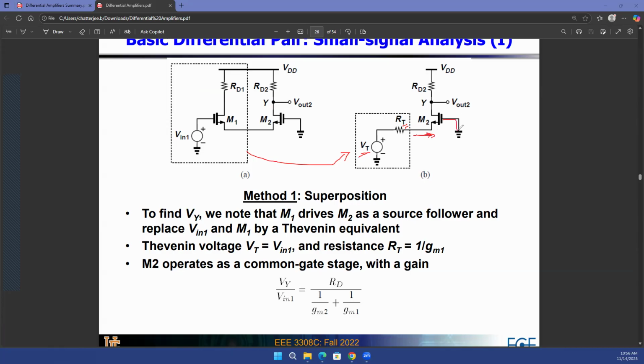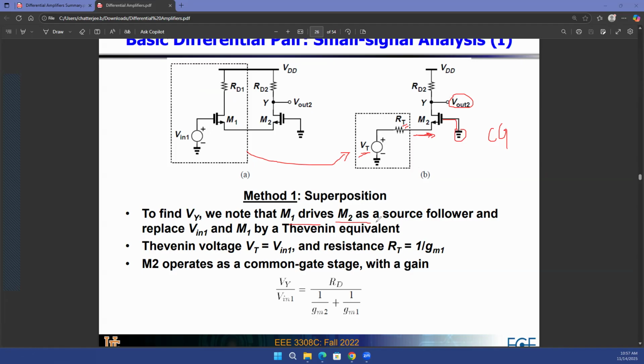The gate of your M2 is grounded. This is an AC ground, remember? And then you're looking at the output at the drain terminal. So what kind of amplifier is this? Your gate is grounded, right? That means it's a common gate. So this is a common gate amplifier. And for that, the input is coming in at the source terminal, output is at the drain, gate is the common terminal. So M1